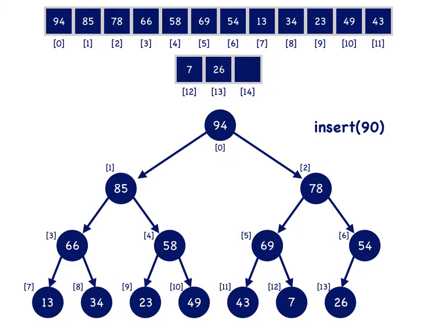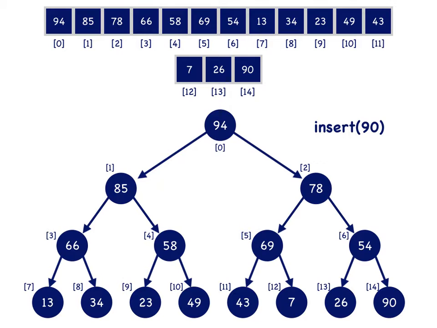Now, insertion. How would insertion into a binary heap look like on an array? Well, as we discussed in the previous video, the first step to inserting a value is to place that value at the very end of the heap, or in the case of the array, at the very end of the array. And in the event that our array happens to be full when we're trying to insert, we would use the same dynamic array concept that we used for the array stack and array queue earlier